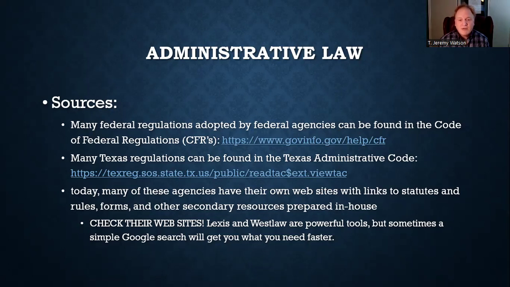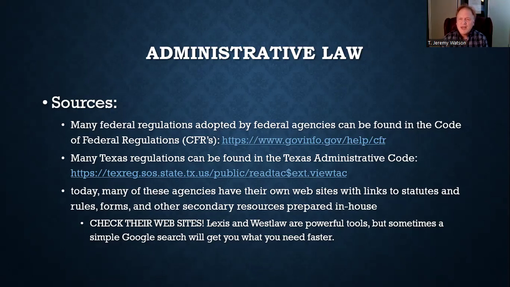These are things that I use just all the time. And if you become a practicing legal professional in Texas, you're going to need them too, right? So write these down, save them. We probably won't look at many regulations in this class this semester, but at some point in your career, you're going to need to find federal regulations or state regulations, and now you've got a link to where they are.